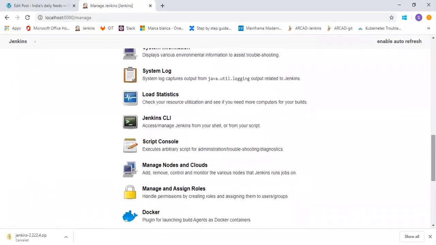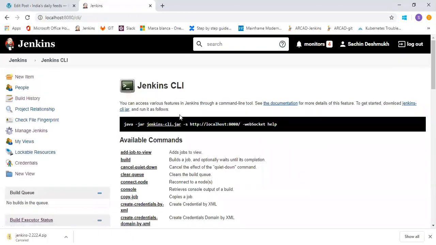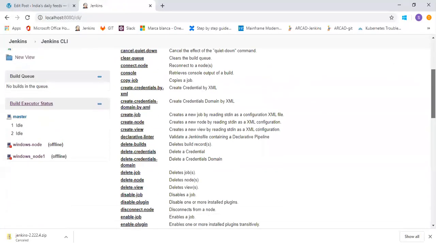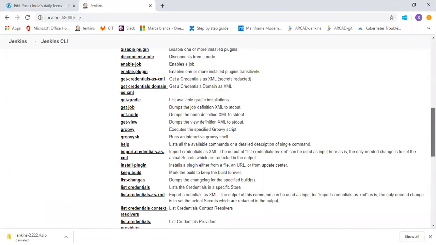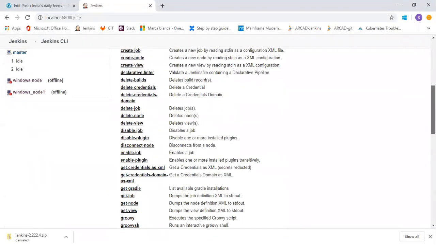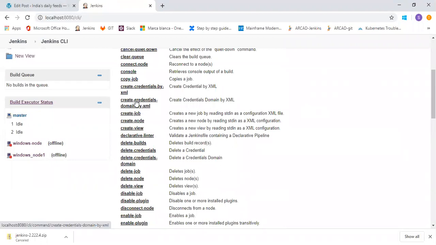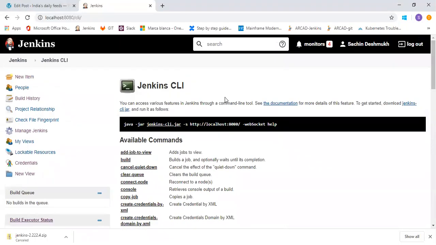Jenkins CLI is used very rarely, but if someone has very good knowledge and experience in writing or executing commands, then he can use Jenkins CLI. So you have to follow this command, and you can see there are a bunch of commands available here, which are used to execute code, delete your node, get your job information, and create your credentials. That kind of commands are given here.